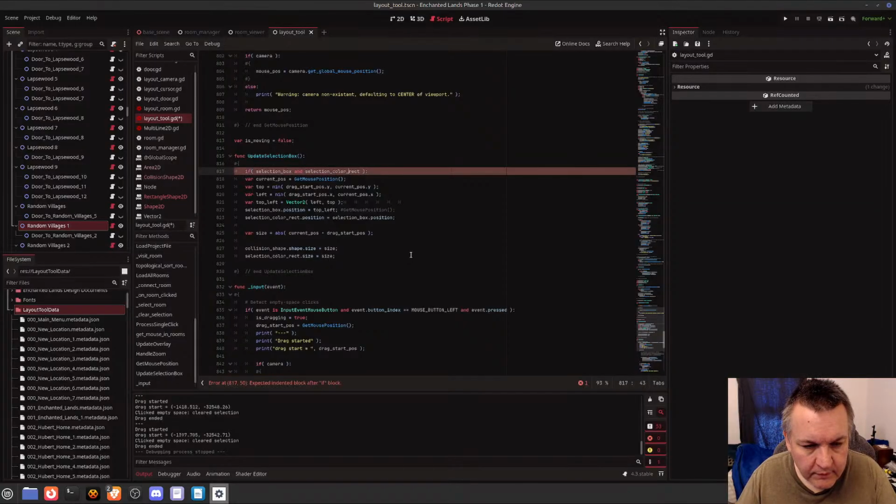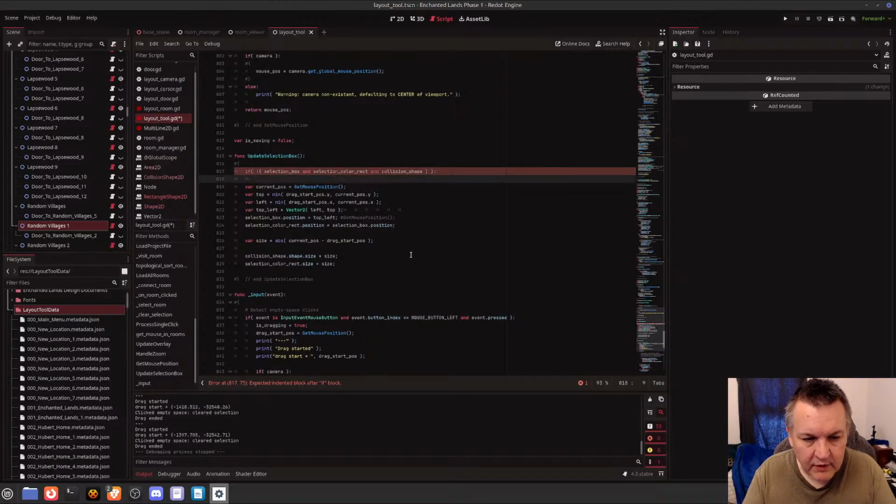If we're gonna do it like this, we're gonna do this, and collision shape. I'm just gonna make sure that's in there too. This. If not that, then we're going to go ahead and print